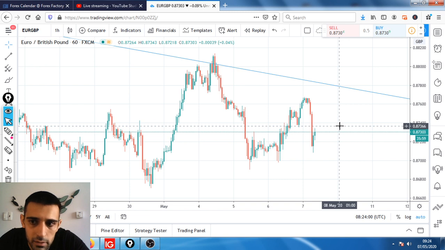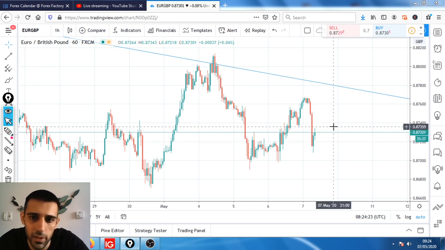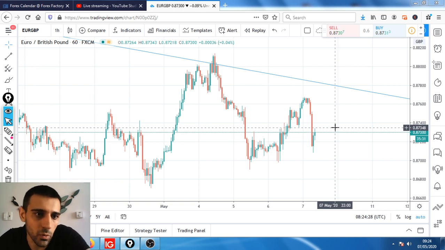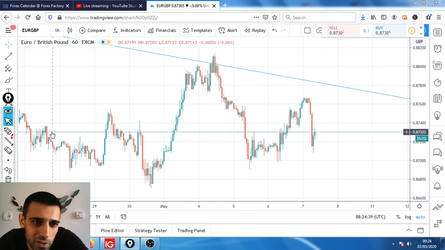87.35. I do like to see the price pushing a little bit higher. I do want to see the price touching this level, as well as these highs, and also this spike. So it's only about 5 pips away, so it's not that far. If I see the price pushing up to this level, then I will be looking for the short trade. The way I go for the trades, it needs to do this setup. So that's my strategy. If the price comes up another 5 more pips, or we can also even justify